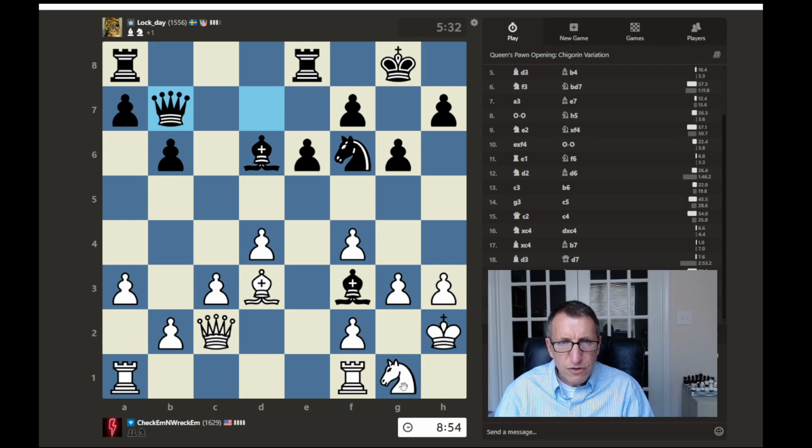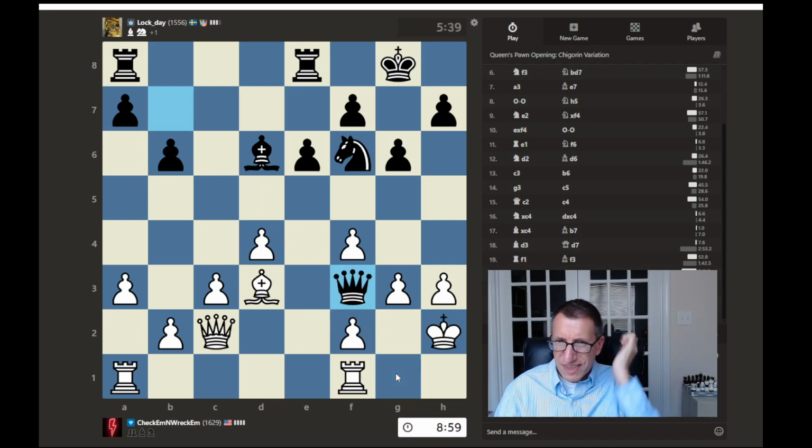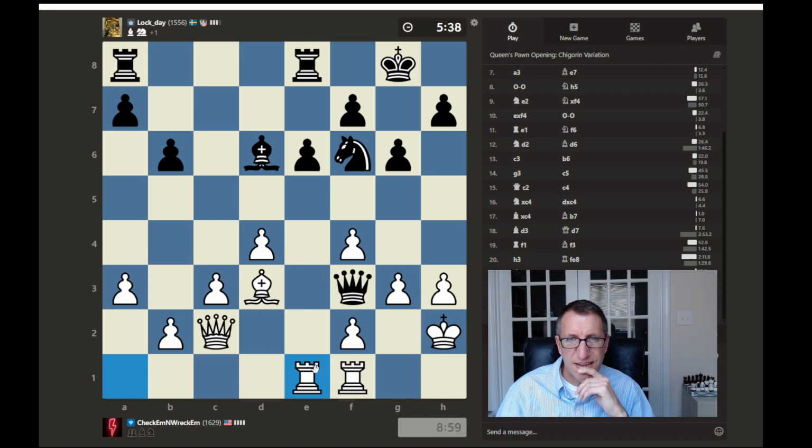All right. Well, did that help us? Maybe. We'll go there. And then go here. Threaten to attack their queen. Maybe drive that queen back. All right, so now, I guess we can try and hang in there and hope they get in time trouble